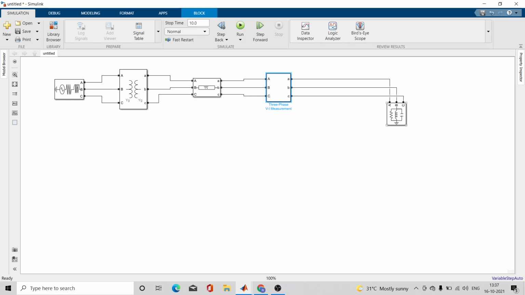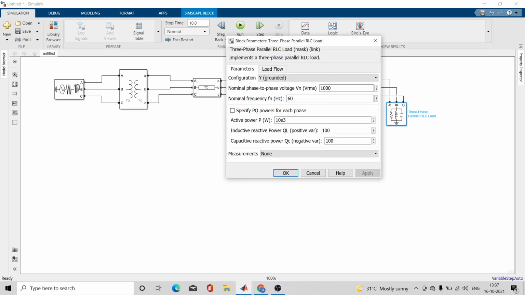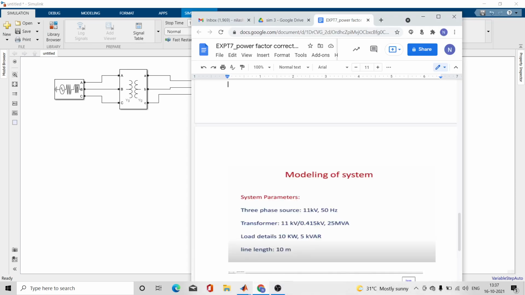Then go to the three phase parallel RLC load, and here let us see what we want. This is 50 hertz, and you need the active power. So here just go to the numerical.